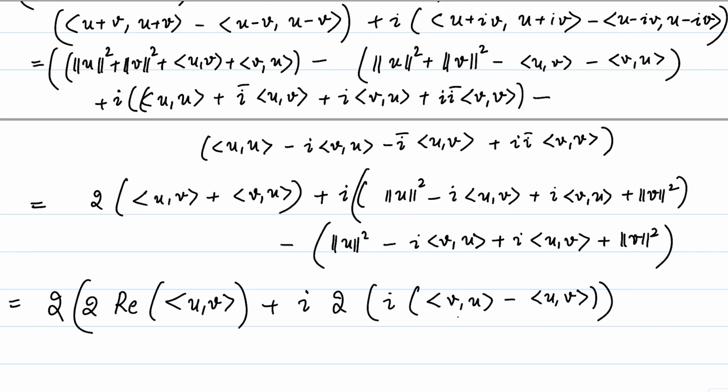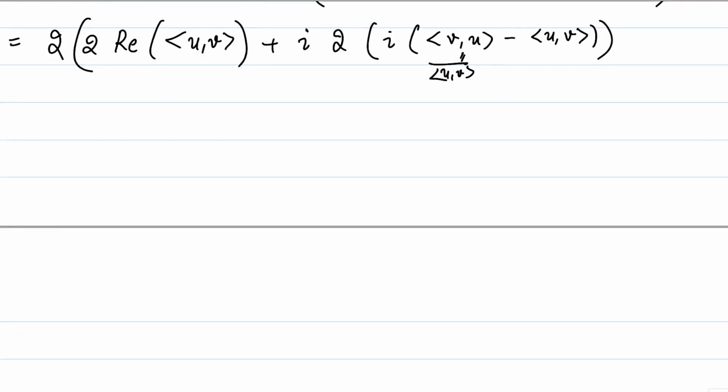Notice that this is just u comma v bar, the conjugate of v comma u. And what will happen if you subtract the conjugate from something? What you get is, so let me write it down, this is 4 times real part of the inner product of u comma v